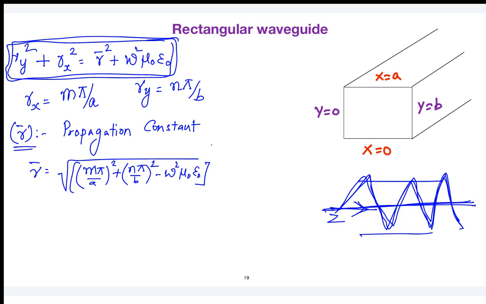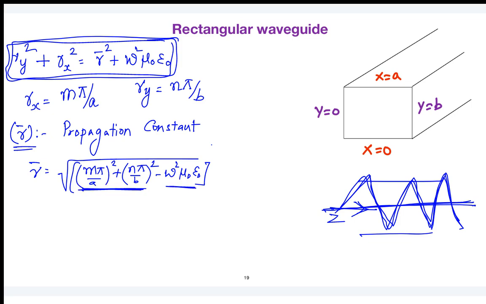The only change from the parallel plate waveguide was that there the plates were along the y direction, so your n value was equal to 0. Whereas in the rectangular waveguide, you are keeping a set of plates in the y direction. That is the reason there is an addition of n pi by b. Now again the same thing: what will happen when the first term is higher than the second term? Suppose this term is higher than this term,